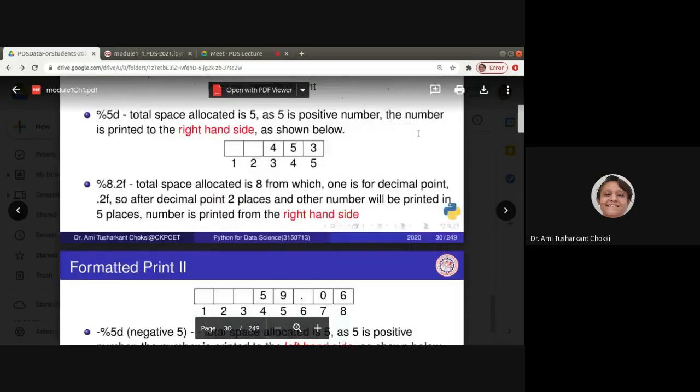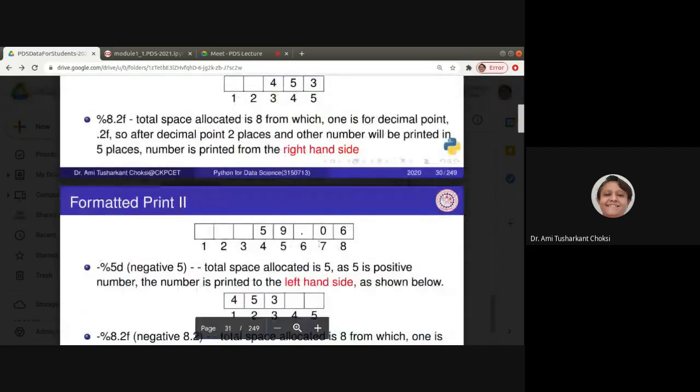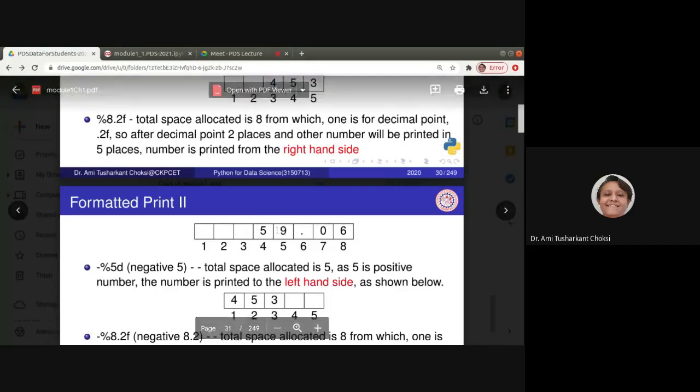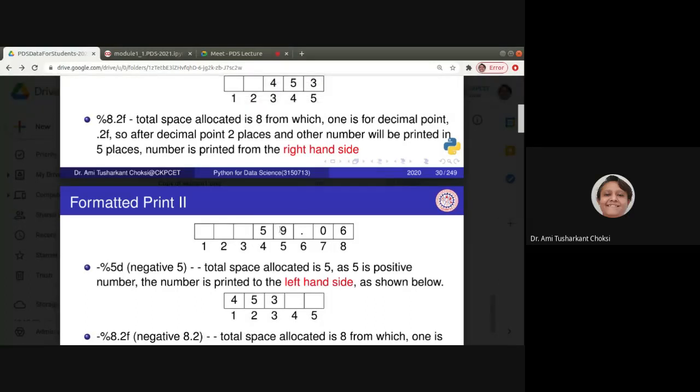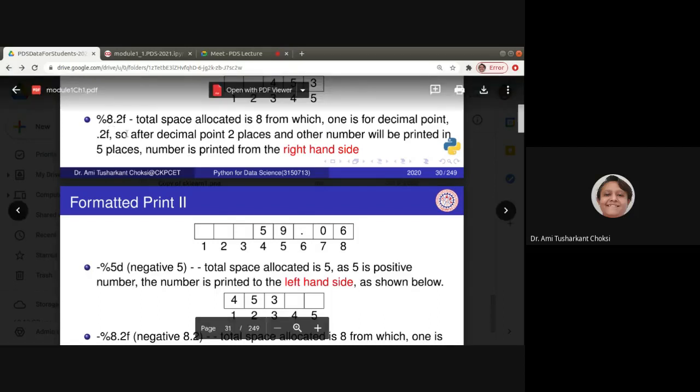That is what is known to us. So here point and 0.6, right? And before that, we'll be having 59, that is 59.058 was there. So here it is directly taking it as 59, right? So it will take it on the right hand side only because this 8.2f is positive, right?